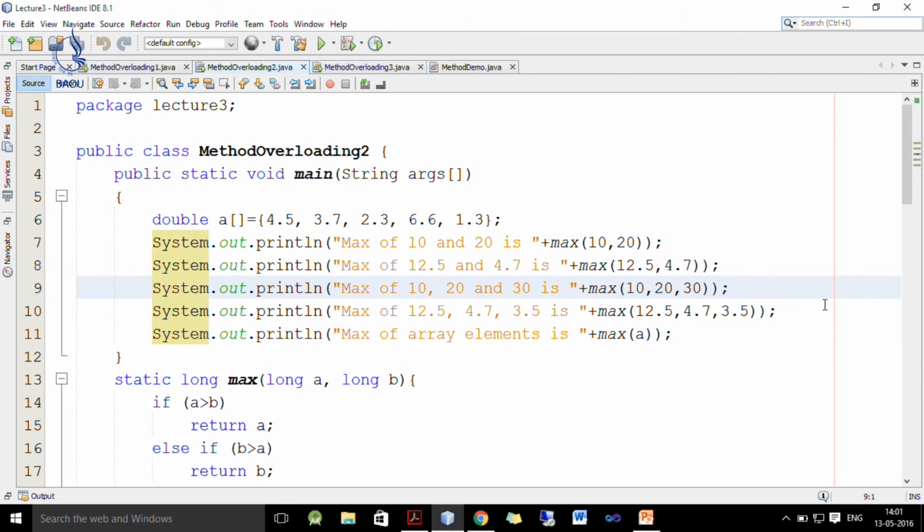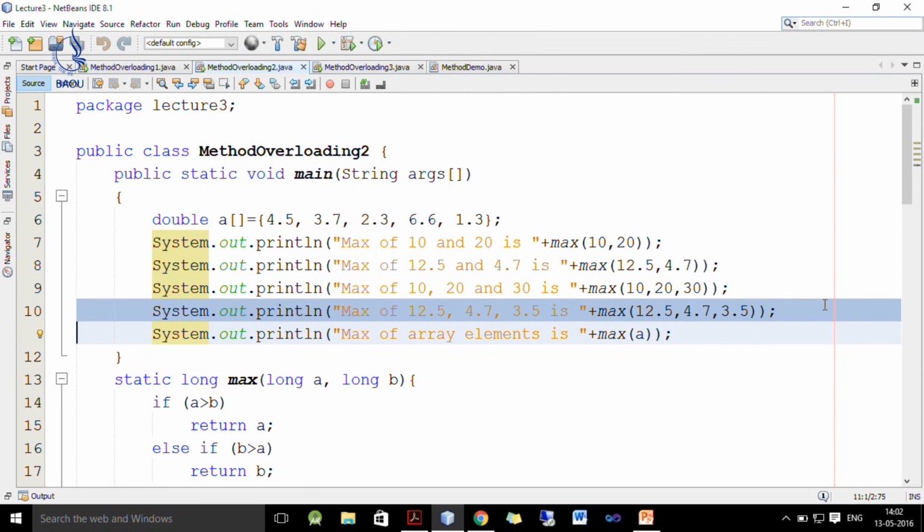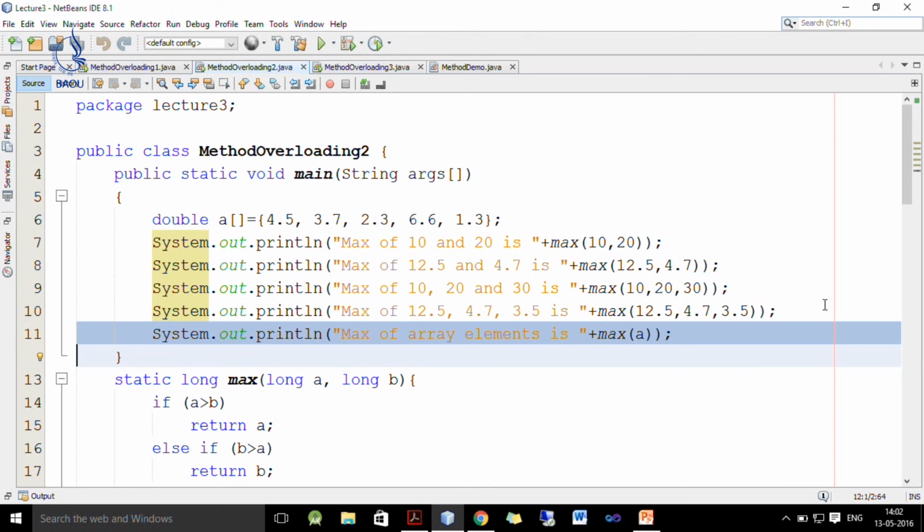In the third case the compiler will execute the definition with three long parameters, in the fourth case the max definition having three double parameters, and in the last case it will execute max with a double array as a parameter.